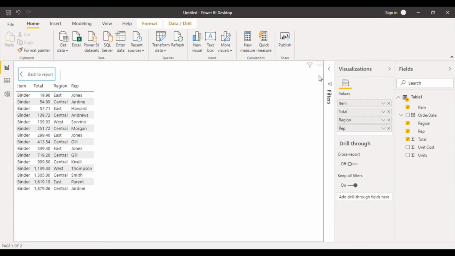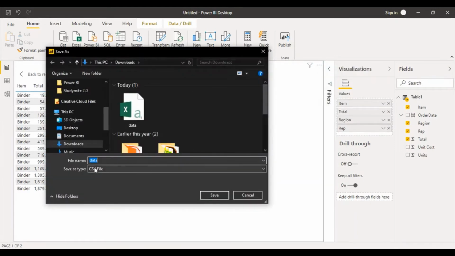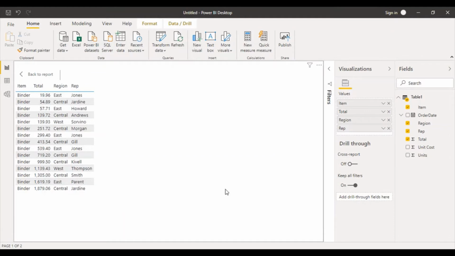Okay, so for that, what I can do is click on these 3 dots, that is for more options, and the first option that I've got is export data. If I want, I can just export it. So you can click on it, and what happens is you can export this data in the form of a CSV file. So I want it like binders. This data is of binders. So let's select binders and click on save. So this data is now saved in a CSV file